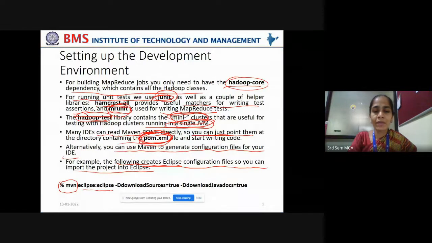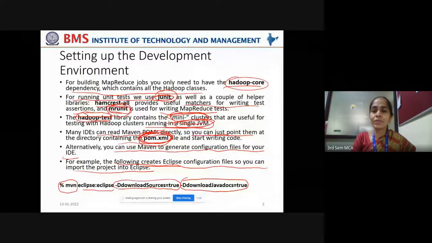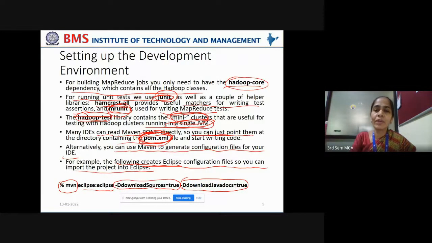%mvn eclipse:eclipse, which gets the Eclipse configuration files, with -DdownloadSources to download all the sources that are required to build your programs, and download Javadocs, and enable it by assigning it to true. Assign the true value to downloadJavadocs. The hyphen D will help you override the existing properties of the XML files. Using this, you can bring your Eclipse into your Maven environment and start writing